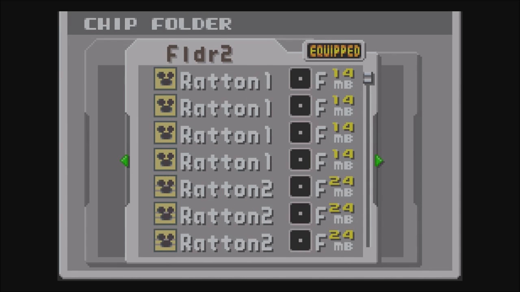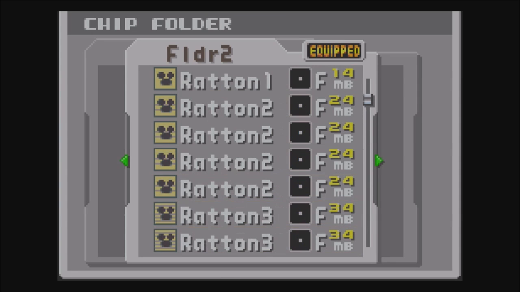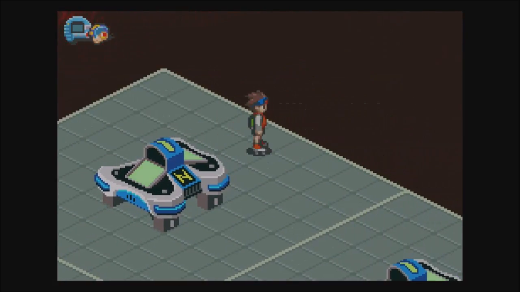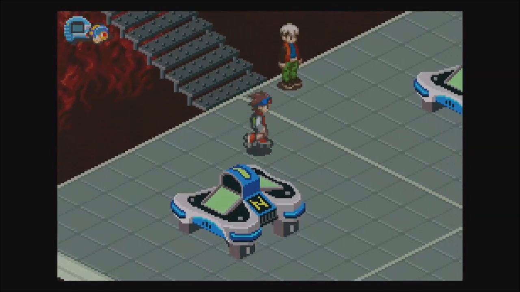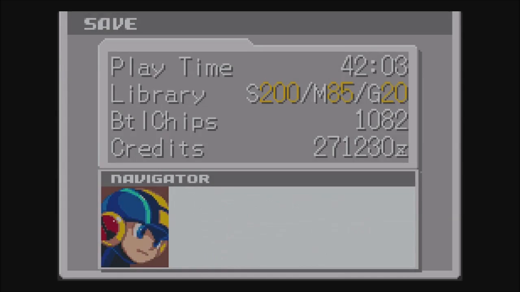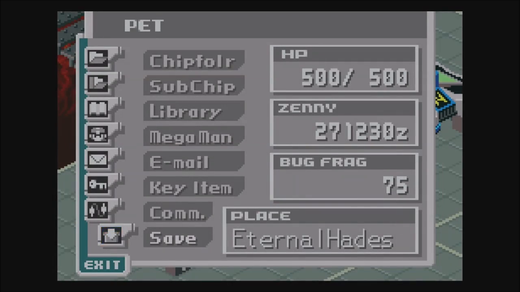It's also, unlike the B folder, pretty good at virus busting, because you have multiple copies of Flashman, obviously, which hits the whole screen. Whereas the B folder only has Proto-Mans 3 and 4 to hit multiple enemies. So it's got its strengths, it's got its weaknesses. It's just a fun folder to check out if you happen to be playing, and it's not particularly difficult to